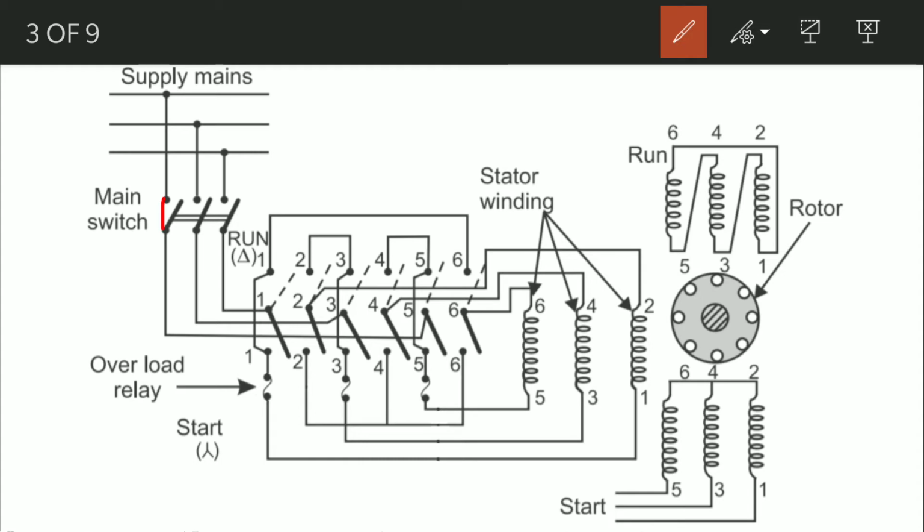The main switch is here, and we move this 6-pole double throw switch to start position. That is, these terminals are closed. All the 6 terminals are closed on the bottom side of the